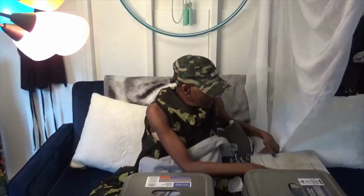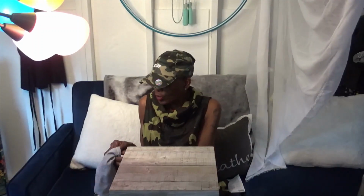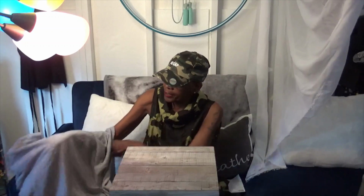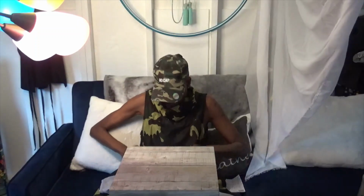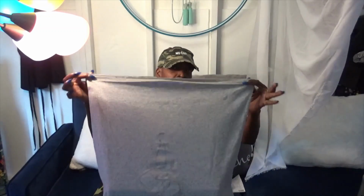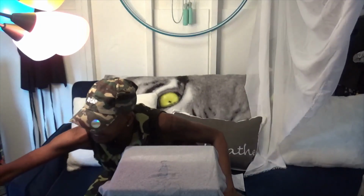Okay, this is what you're going to do. You're going to take that t-shirt, and you can do this with any t-shirt, but you're going to take this t-shirt here. I'm going to take it and put it inside out, and you see the bottom of the t-shirt. What I'm going to do is take my handy scissors here,